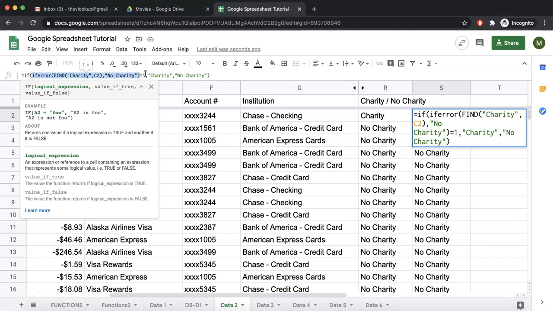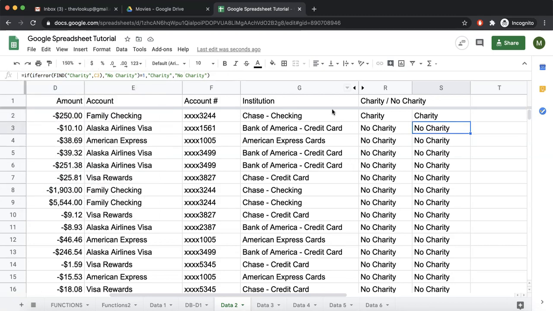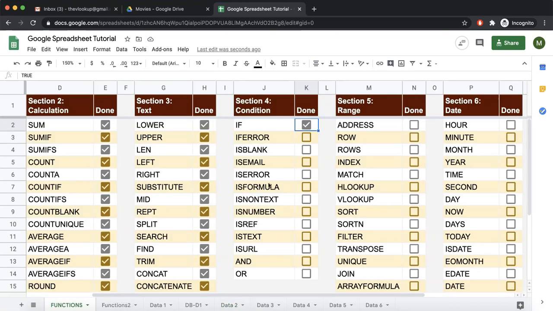If the entire thing is equal to 1, then "charity". If not, then "no charity". As we proceed, as we do more functions, you will see more such complex scenarios, but these complex functions return results which are very human friendly and very useful. So we know what IFERROR is. Let us pause over here and continue in the next video.